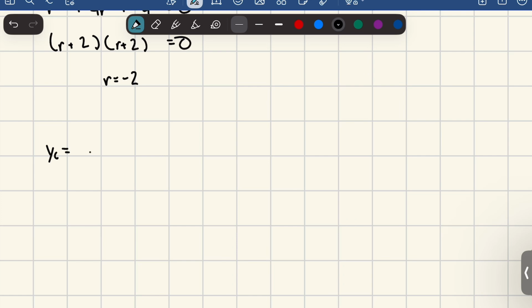That's the yc equation, c1 e to the -2x. It's going to be -2x for both of them because we only got one factor for them. Alright, from this,